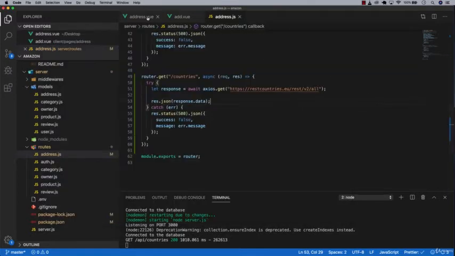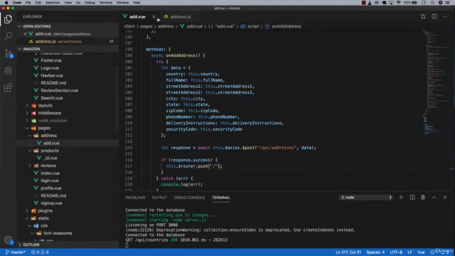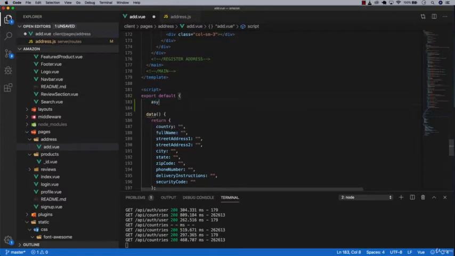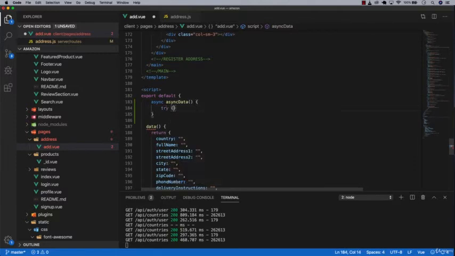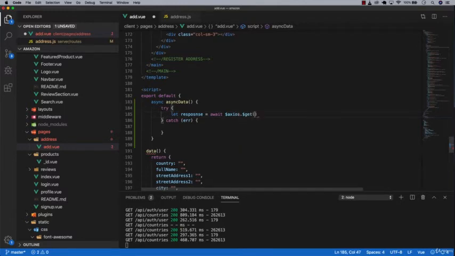So let's head back to our add.vue. You want to remove this, or else you get confused. And after that, you want to go here. You want to do async data, and then try and catch. And here let response equals to await axios.get, and then the name of the API, which should be /api/countries. Make sure you spell it correctly. And then return